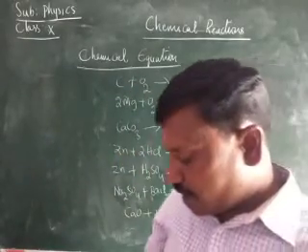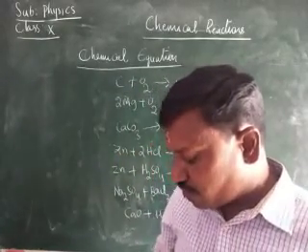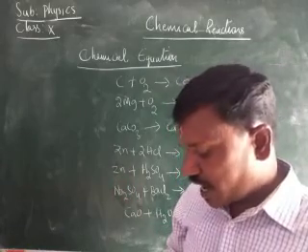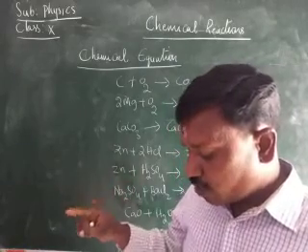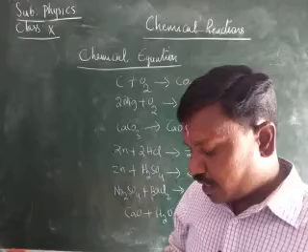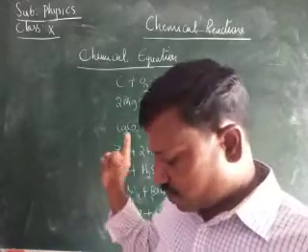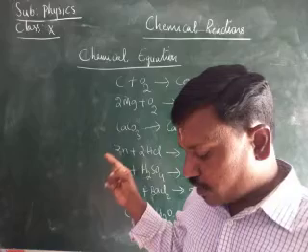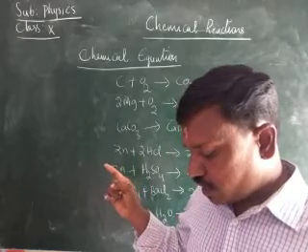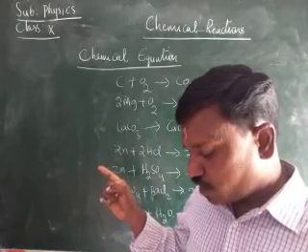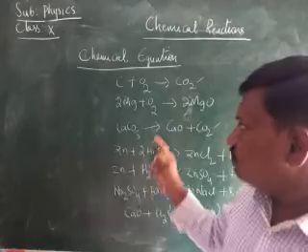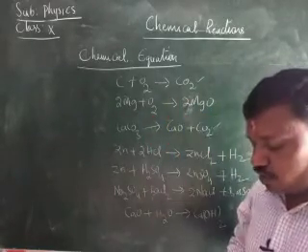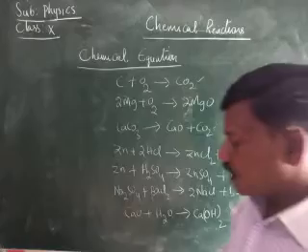A chemical reaction which is written in the form of a word equation shows the reactants and products by an arrow mark placed between them. The reactants are the ones on the left side, and the final substances, that is the products, are on the right side, children. And the arrow head pointing towards the product shows the direction of the reaction, what it is giving. Okay, children.